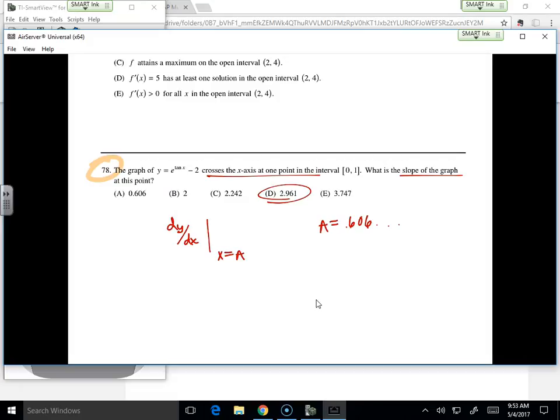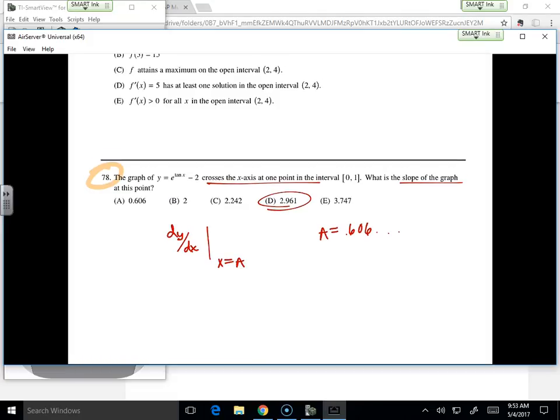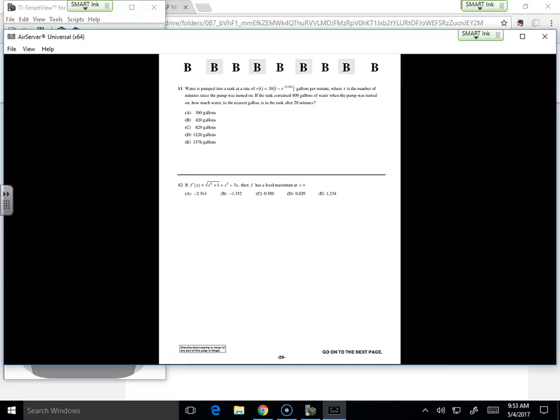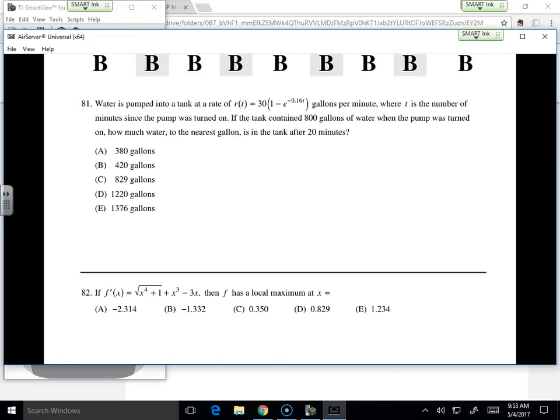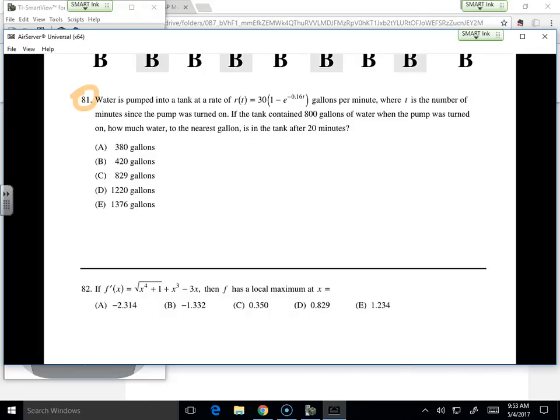Going back to B. Any other B questions? Yeah, Lauren. 81? Okay. Ooh. Water pumped into a tank. Isn't that like FRQ number 1? Probably not. And I still put it